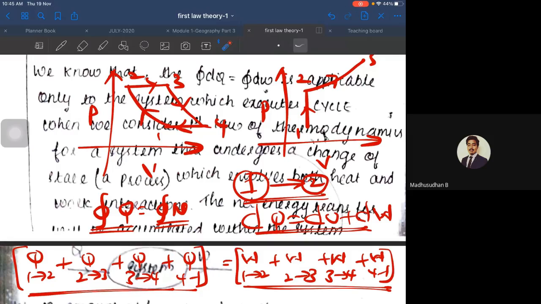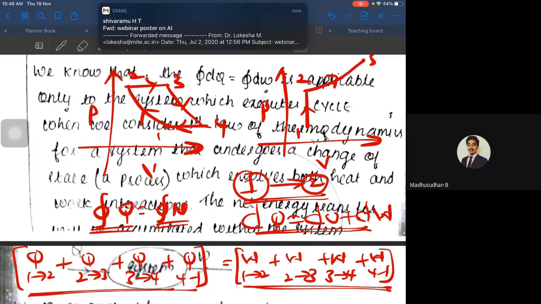Okay. So that is how you calculate: cyclic integral of Q is equal to cyclic integral of W. This is the first law applied to a cyclic process. And if you want to apply it for just a single process, it might be 1 to 2, or 2 to 3, or 3 to 4, only for that particular process, then it is dQ equals dU plus dW, where dQ is the change in heat, dU is the change in internal energy, and dW is the change in work. Since you are analyzing the work and heat, have you ever come across the value of dU, that means internal energy, the concept of internal energy?